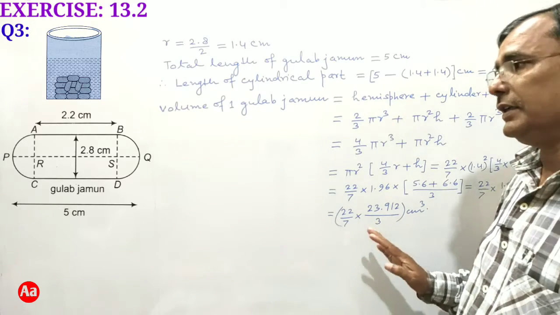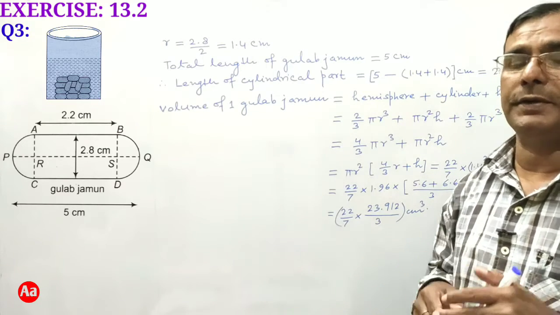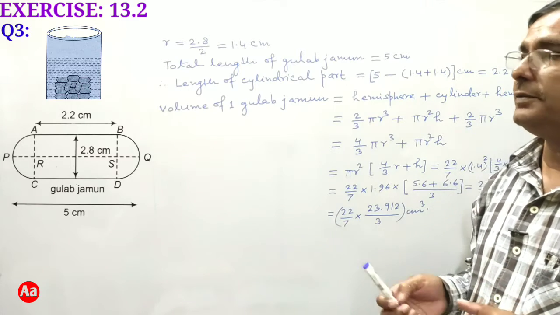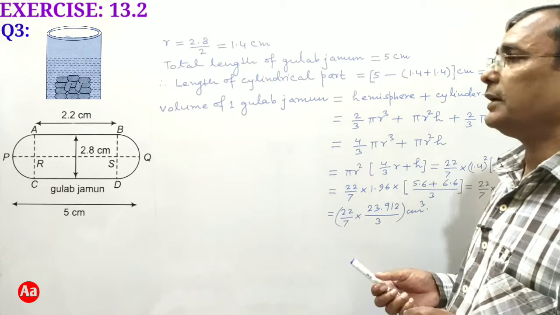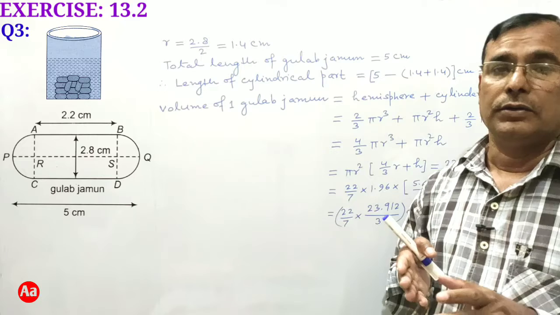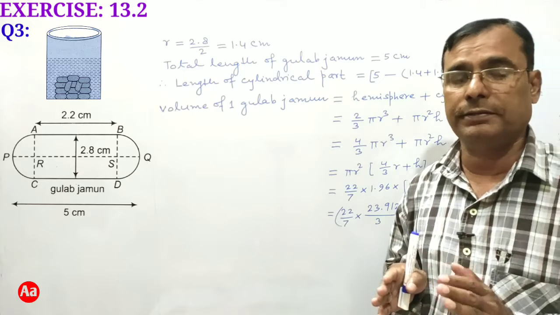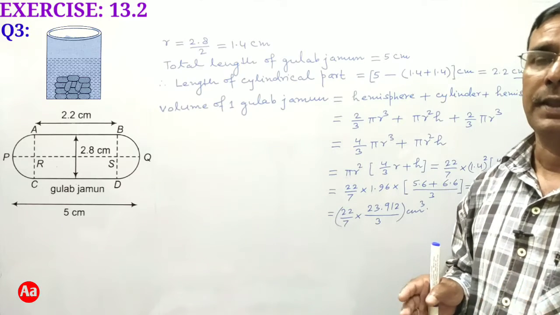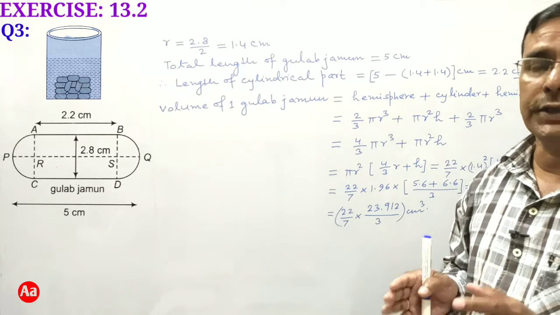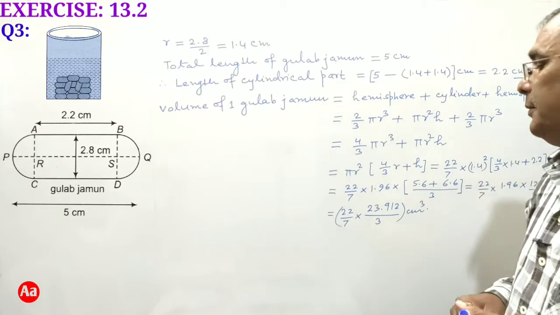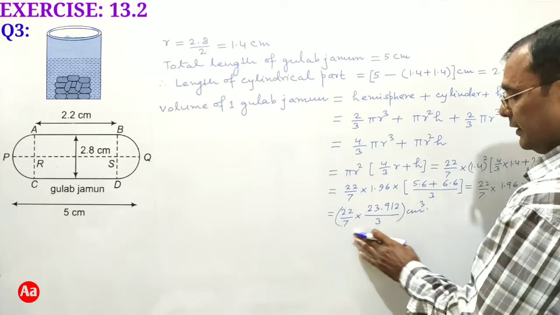We only want here to find volume of 45 gulab jamuns, and after that we have to find 30% of the volumes of gulab jamun, which will be the amount of sugar syrup. Here we are not calculating actually what is volume of 45 gulab jamuns. Calculation of volume of gulab jamuns is not our aim. Our aim is to find amount of sugar syrup which will be 30% of volume of 45 gulab jamun. So this is volume of 1 gulab jamun. Let's write in this form only.